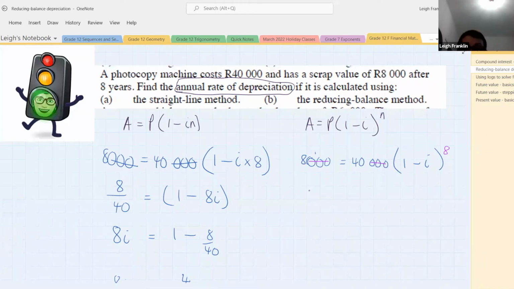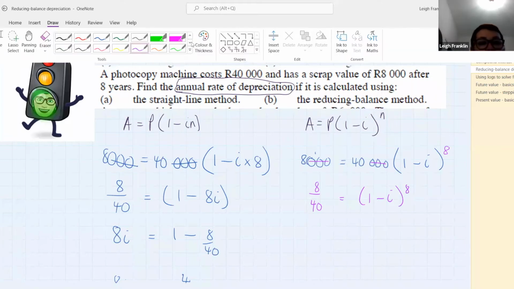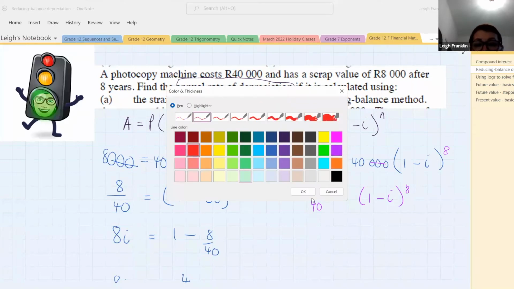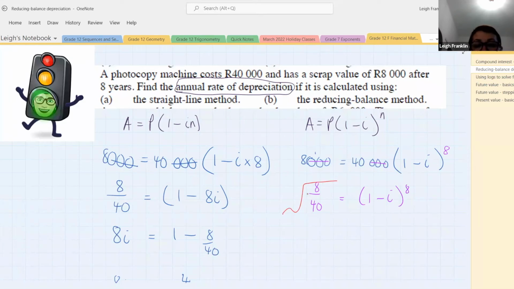I'm going to divide both sides by 40. So that means I've got 8 over 40, which is going to be equal to 1 minus i to the power of 8. So now, in order to solve, I need to take the 8th root. All right, so in other words, I'm going to do this on both sides. Let me write it in a different color. This is what I'm doing, the opposite operation. So now I've got the 8th root of 8 over 40, and that's going to be equal to 1 minus